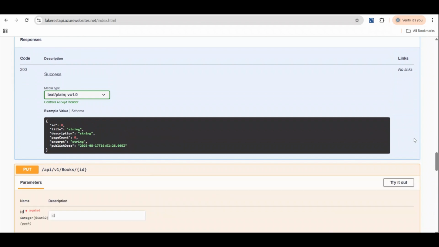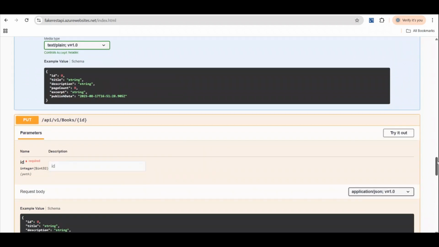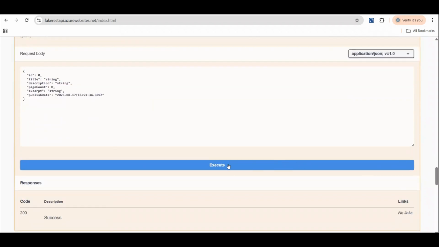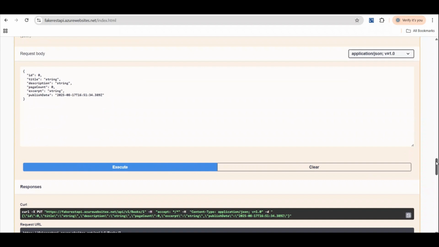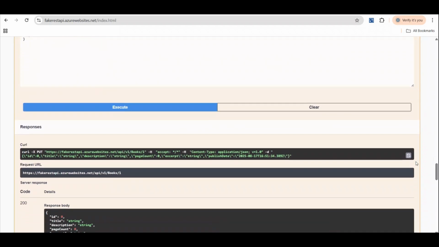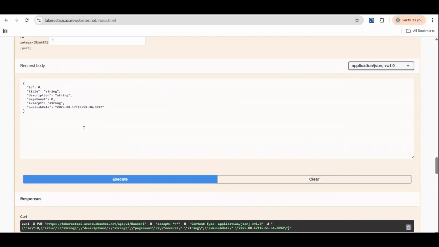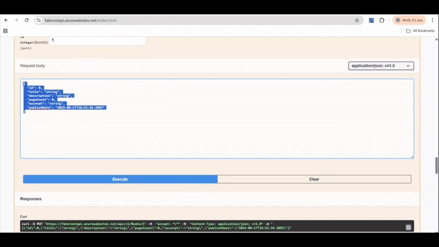Right, now the last method that we have is the put method, right? So post is used to post new data, and put is used to update some data, right? So in order to update, we should have the book ID, right? So if I click execute for the first book ID, it has successfully updated this, you see. Now for this, I'll just copy the request body,